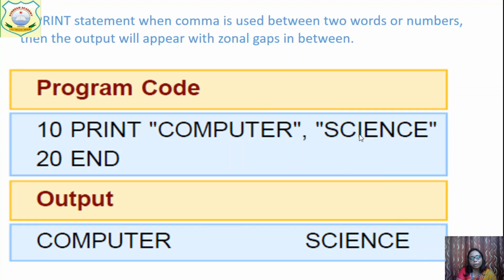So what I have done, I have put a comma here. So see the output: computer, then space, then science. If I write a semicolon, then there is no gap. इस चीज को याद रखिएगा. Okay, comma will put the gap between two words in a print statement. Semicolon will not put any gap